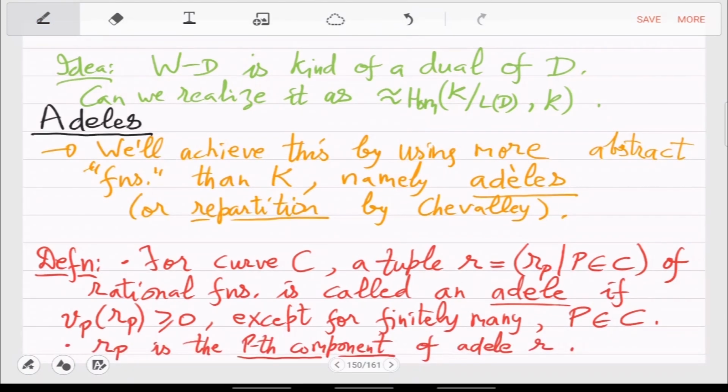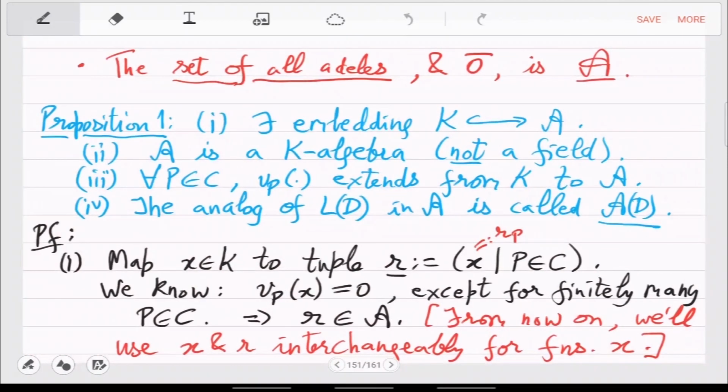Instead of a single rational function, now we are looking at the function field raised to infinity, all kinds of tuples, and we can define everything that we did with functions. So we can define valuation with respect to a point, we can define addition, multiplication,